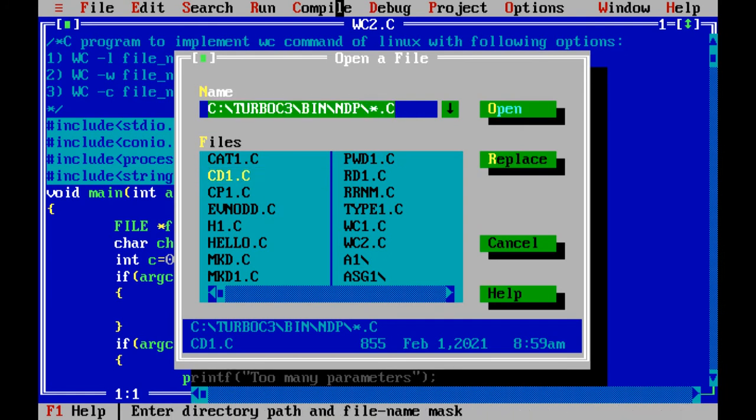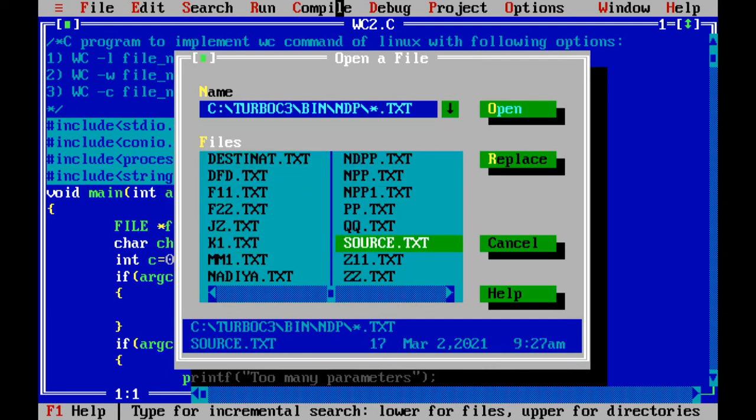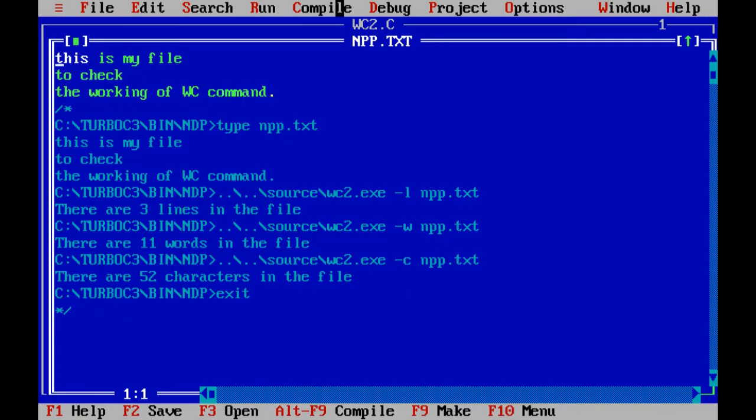Let me search for a text file first. My bad. Yeah, now I can see all of my text files. So there is a file. Yes, okay. So I've already created this file with 3 sentences inside it. I have executed it already on the DOS shell and I got this kind of output. I'll execute it again for you, but this is how you can create a text file in your setup if you're having a similar problem which I am having.